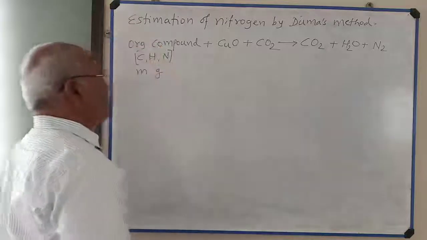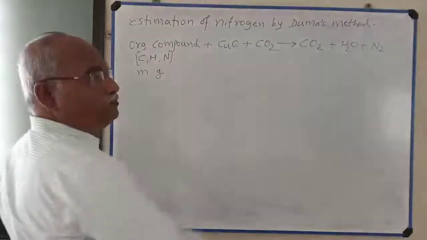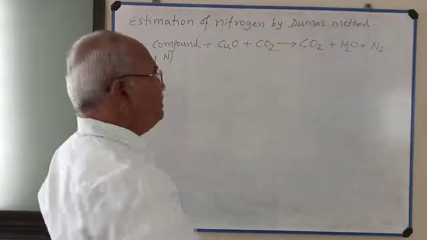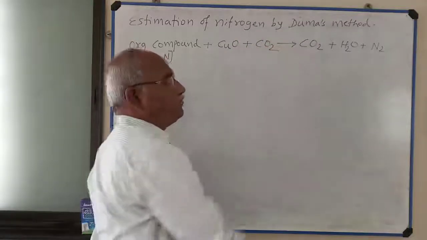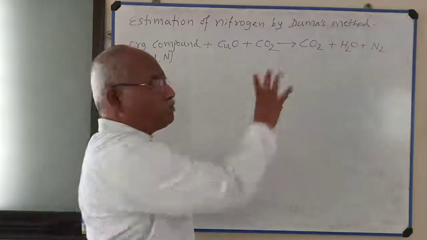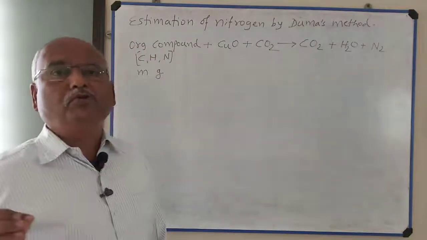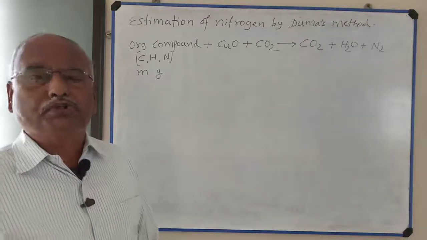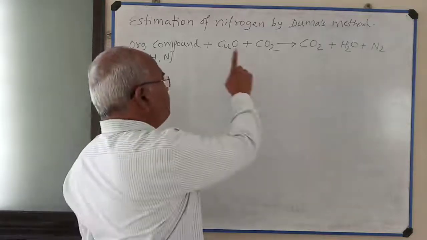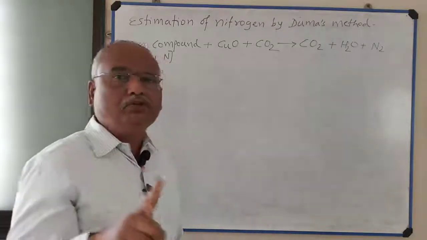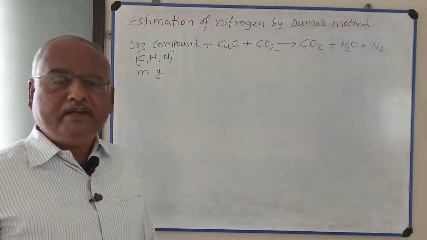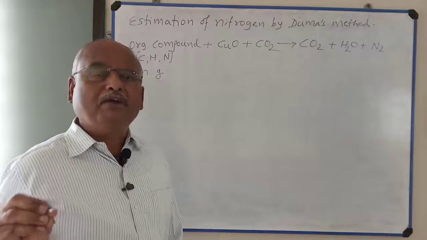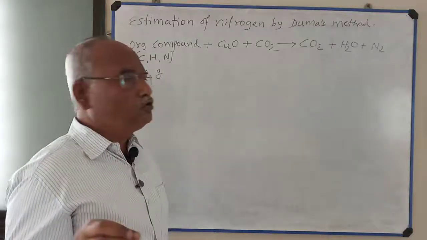So remember, when an organic compound is heated with cupric oxide in an atmosphere of carbon dioxide, we get nitrogen. From the volume of nitrogen, we are going to calculate the percentage of nitrogen. Here, if some oxides of nitrogen are formed, then they are passed over copper metal where they are reduced to